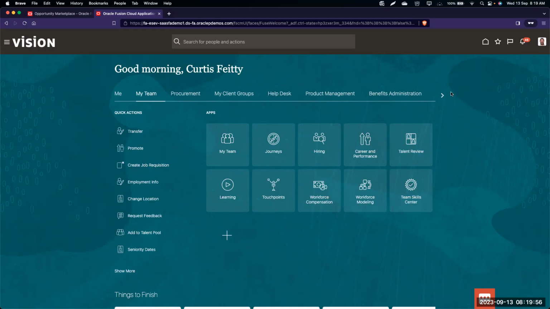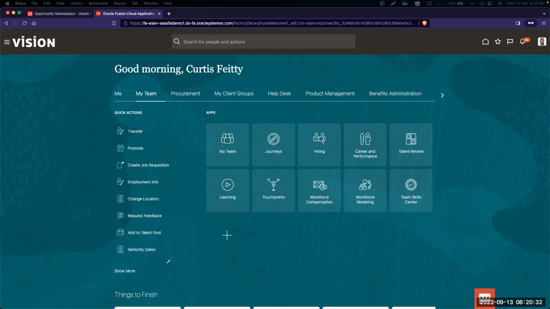Once we get this user account, we will have access to the security console, and from there we can add all the roles. To access the security console, we have to click on the navigator. When I say navigator, these three lines are what we call the navigator link. And when I say settings and actions, that means this image or link at the top right-hand side is what we call settings and actions.